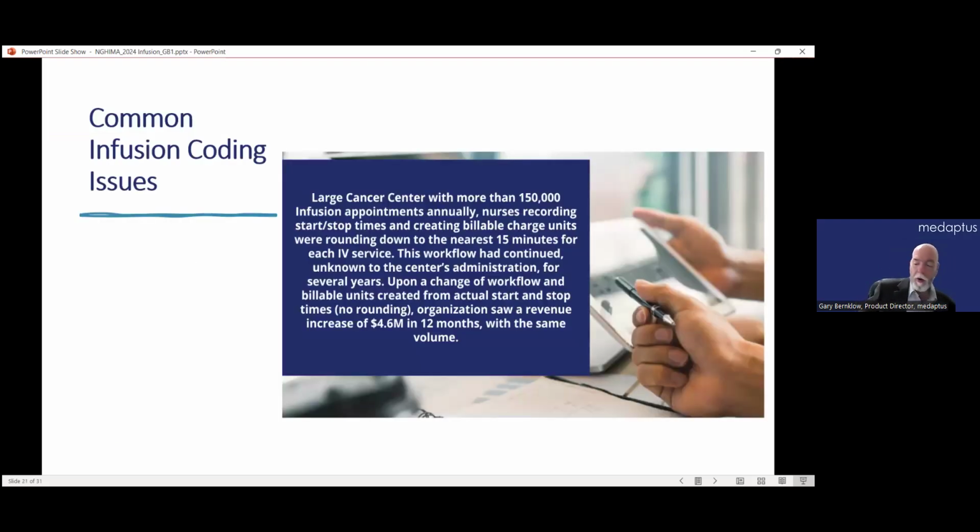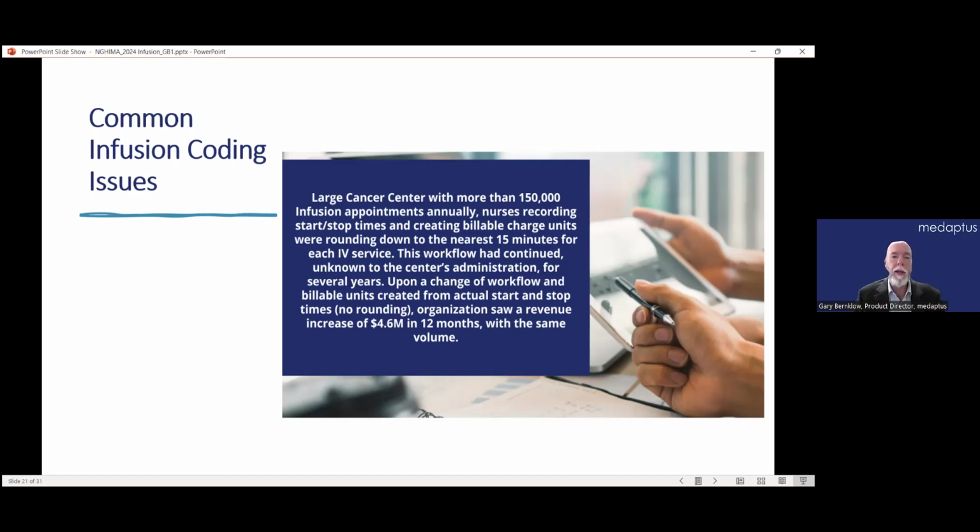For instance, one of the first audits we ever did, we had a large cancer center, and they had more than 150,000 infusion appointments annually. And they had nurses recording the start and stop times and creating the billable charge units from those start and stop times using their own head math. However, they were trained when they joined and started working in this cancer center to always round down to the nearest 15 minutes to the hour. So if an infusion lasted 16 minutes, they would round down to 15. If it lasted 32, they would round down to 30. 47, they would round down to 45. And